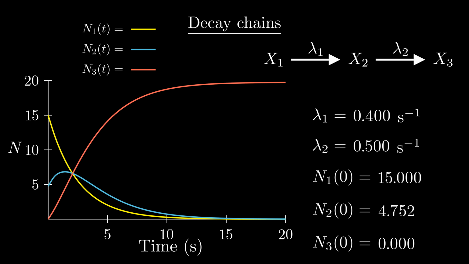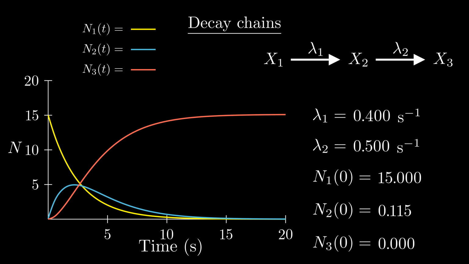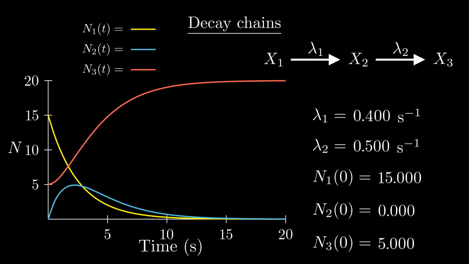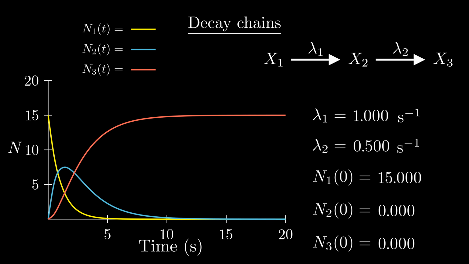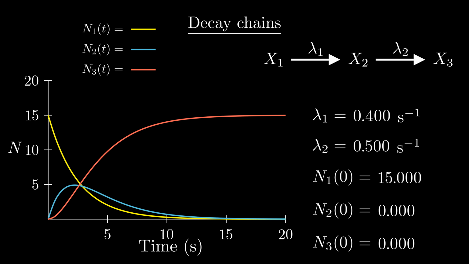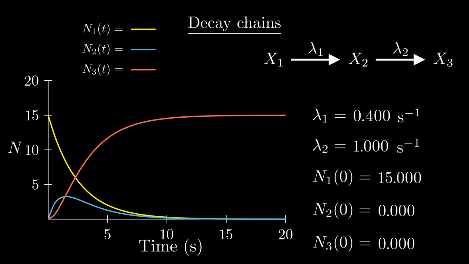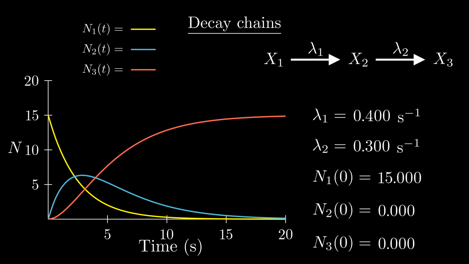Changing the initial amount of x2 has no bearing on n1 of t, but it does have downstream effects for the population of x3 as a function of time, and changing the initial amount of x3 just shifts its curve alone since it's stable. All three curves are sensitive to the value of lambda 1, since it controls the rate at which x1 decays into x2, and thus impacts the amount of x2 available to decay into x3 at all points in time. Changing lambda 2 doesn't impact n1 of t at all, but it does impact how quickly x2